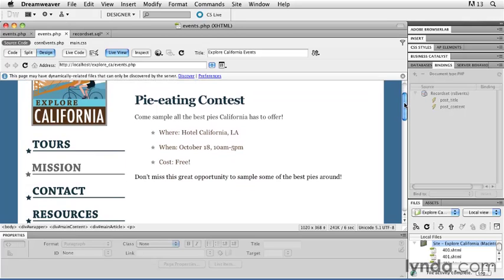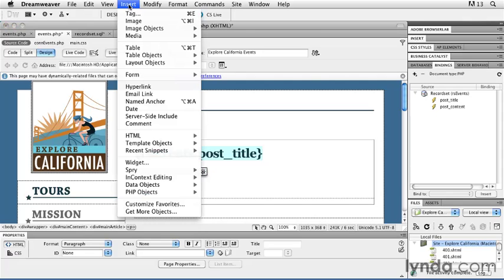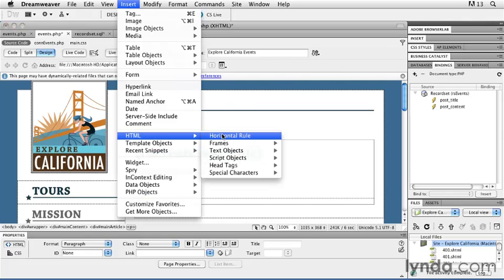Pretty zippy, eh? Now at the moment, this dynamic page would only show one event. It would always show the most current. Let's set it up so that it'll show multiple events. So let me drop out of Live View, and I'm going to hit Return, and then put in one more element, a horizontal rule,